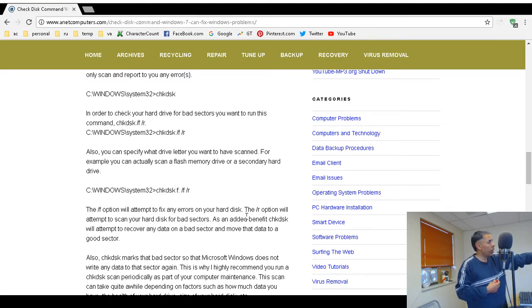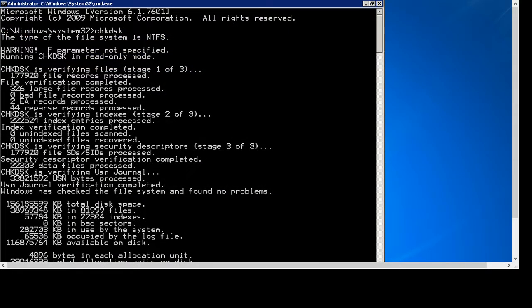You can even run it without the variables so that it will just look for errors, but I recommend you run a real scan, which I showed you as part of your computer maintenance. You want to run this. I should do it once a month, but I usually don't, because a lot of times I have to have access to my computers, and these scans can take a lot of time,